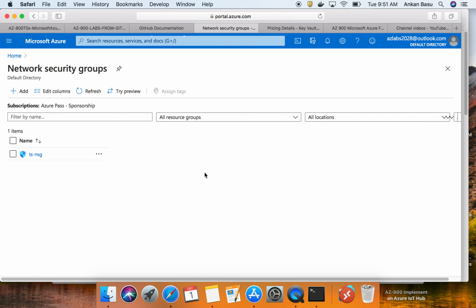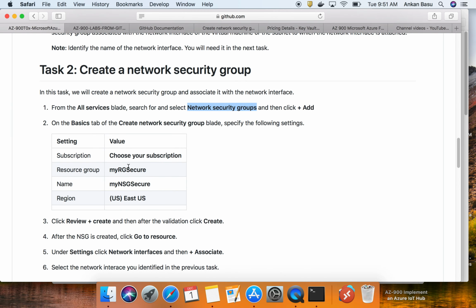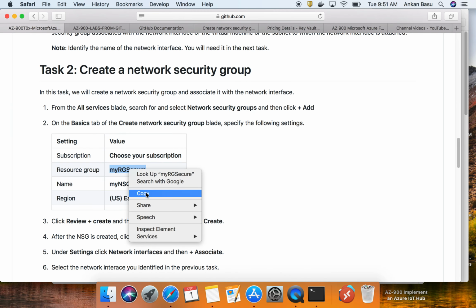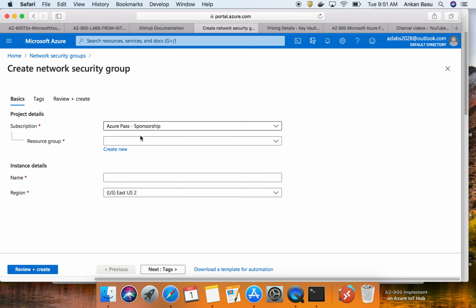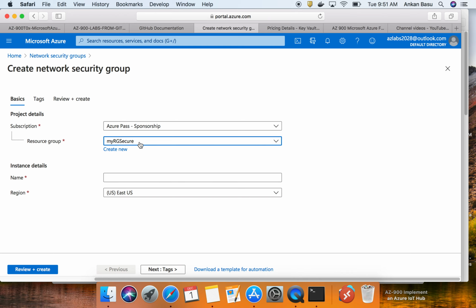That should again give me a window to configure this network security group. Seems like very little I need to configure, just resource group and the name. So let's come back over here. This is the resource group that we have already created most likely. So I'm going to select the same resource group where we have deployed the virtual machine, and let's see, the